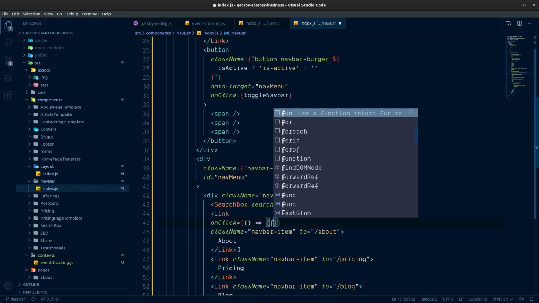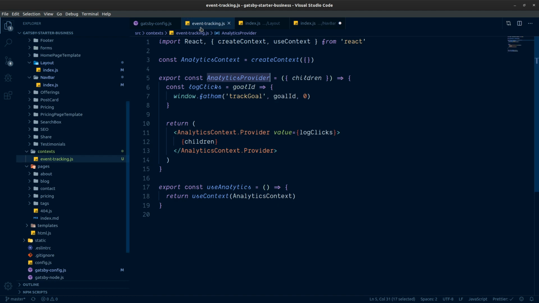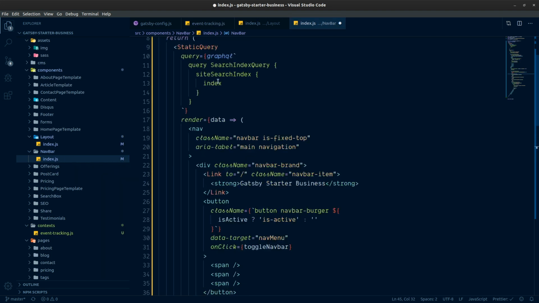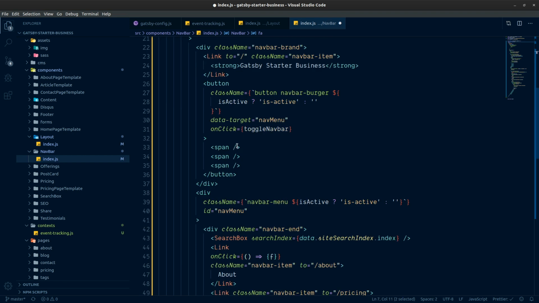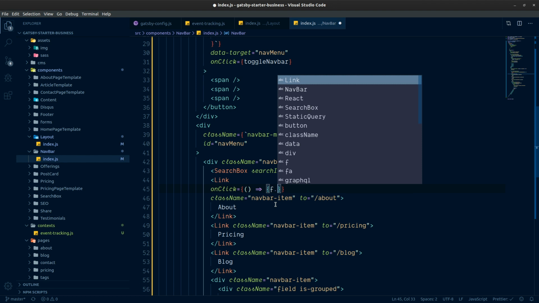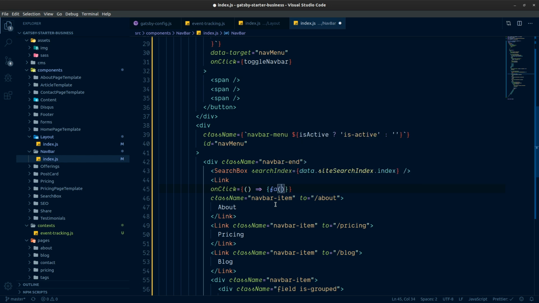I was going to say .log navigation, but log clicks has just been passed in as a function we're going to describe up here. So it should just be FA, and then Fathom Analytics, and then this will be our code for goal. Save that,